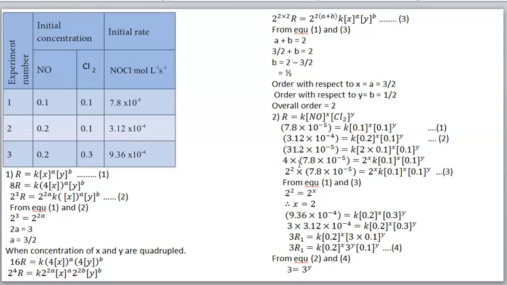Okay. What about the left side value you see? Now you compare this value and this value. Okay. This value is a multiple of this value, or any one value is the multiple of another value. Generally like that only they will give the question. Okay. Then how many times multiple you see? This is 7.8. This is 31.2. Okay. Then you see 7 4s are 28. So around 4 times it is coming.